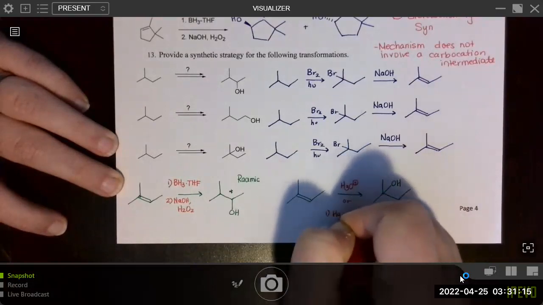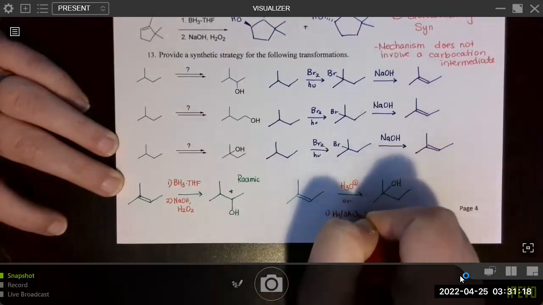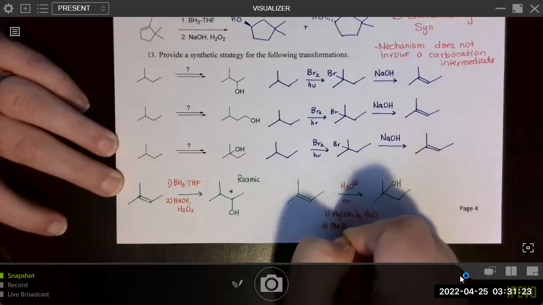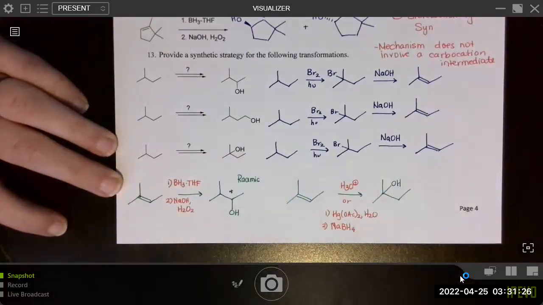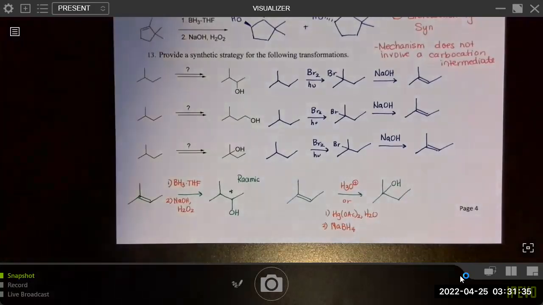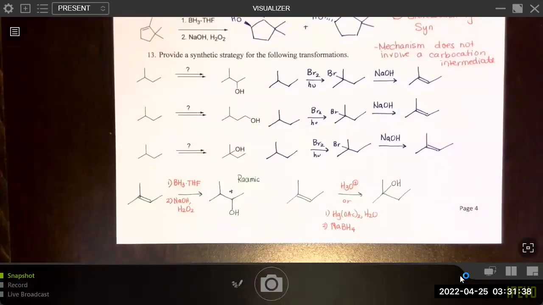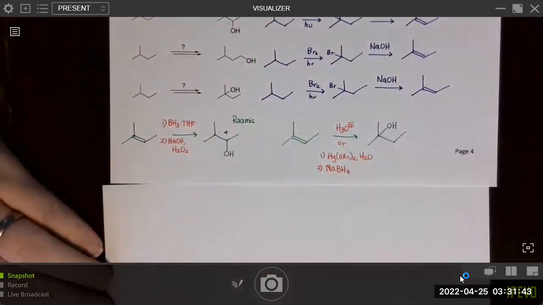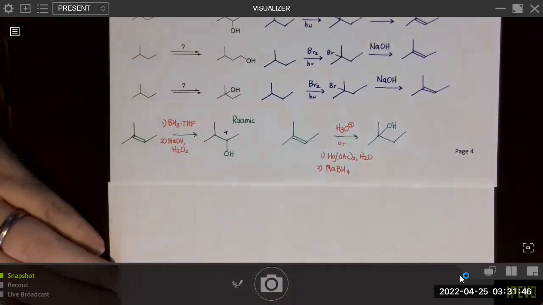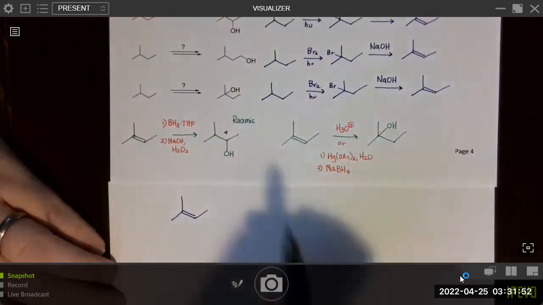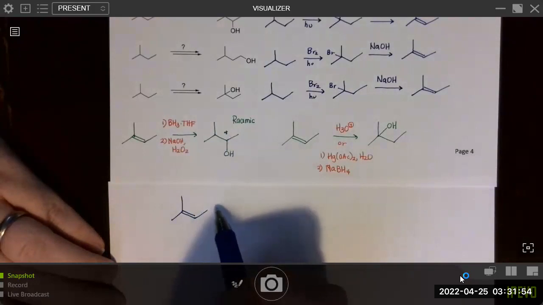You have the option of doing oxymercuration demercuration. So those can be obtained with one step, and then the last one cannot fit on this paper, unfortunately, so I'll just continue on. But how am I going to get from here, which is where I'm at right now, to having the OH group over here.